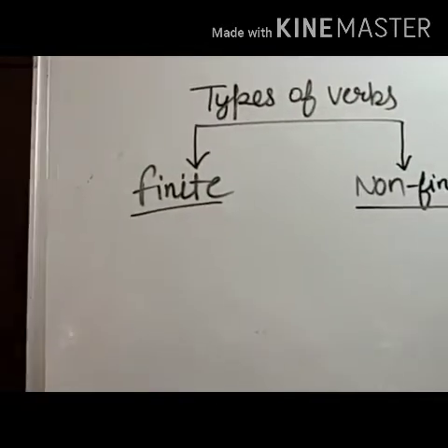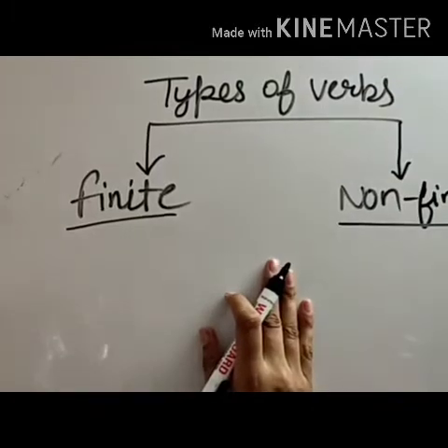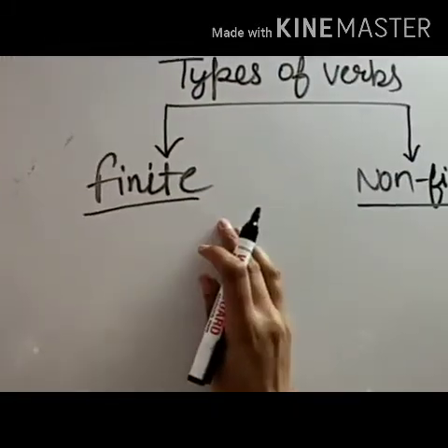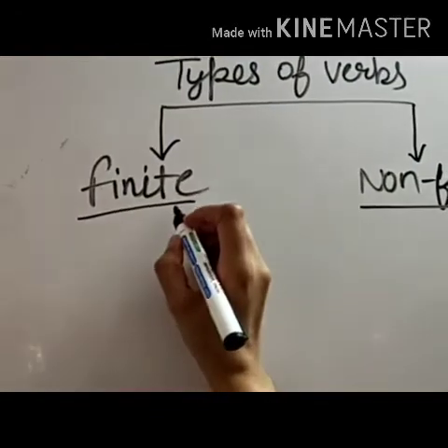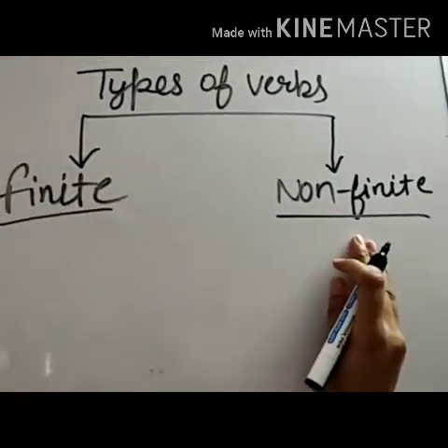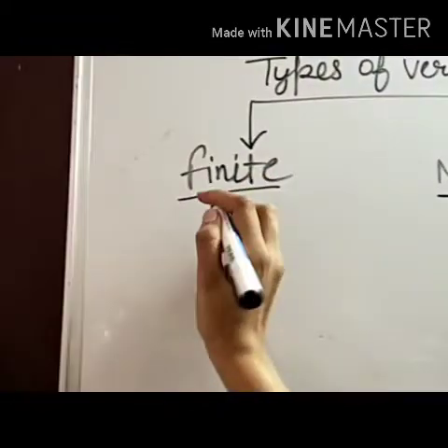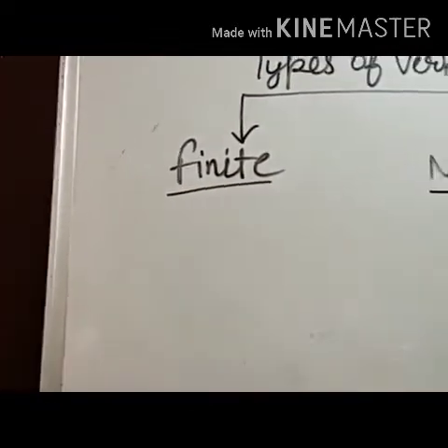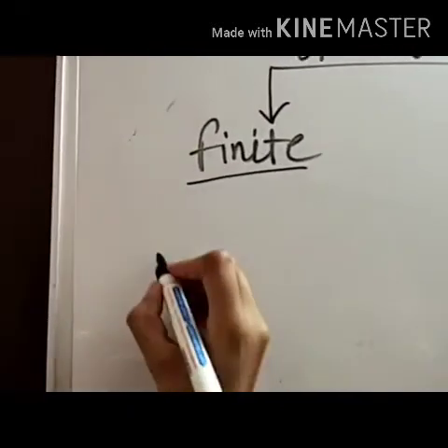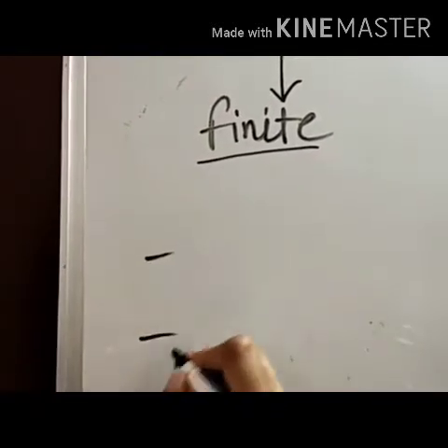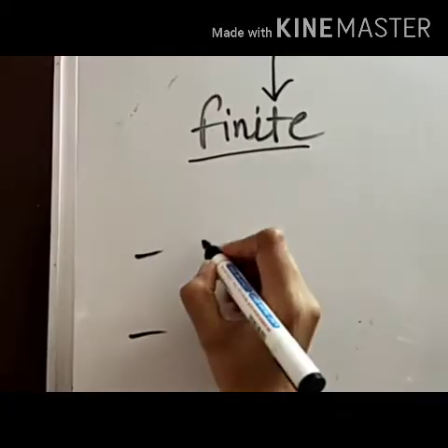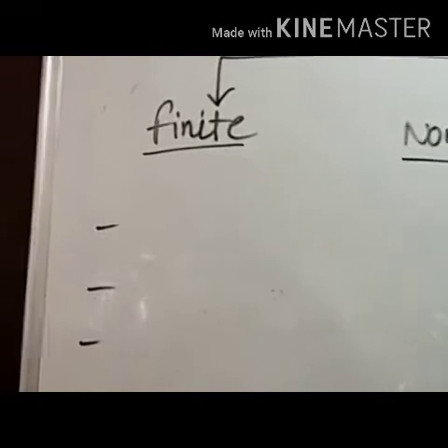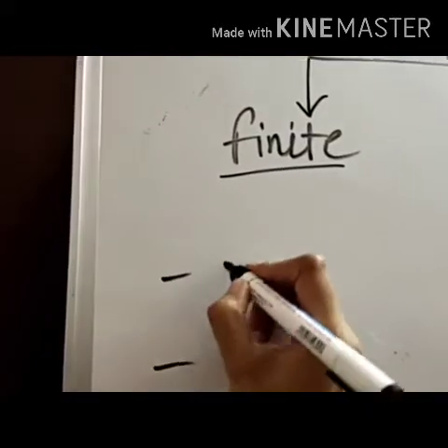Dear students, your next topic is types of verbs. In this we have two types. First is finite and second is non-finite. Let's discuss finite first. Finite verbs are those verbs which change according to some conditions, those verbs which change according to some rules like